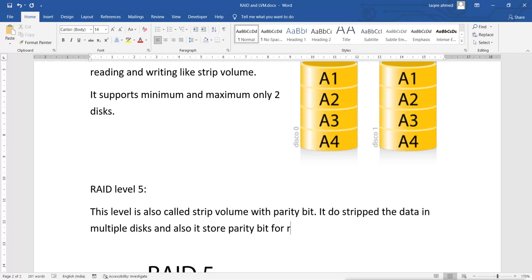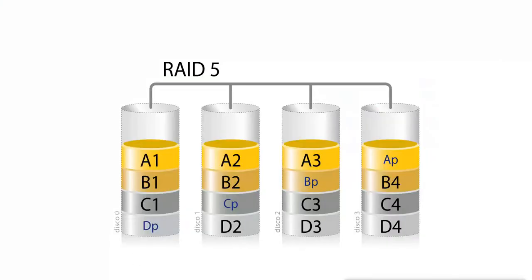Now if you have this RAID 5 configured on these multiple disks, we get the RAID partition here. When we store data into the partition which has RAID level 5, what will it do here?